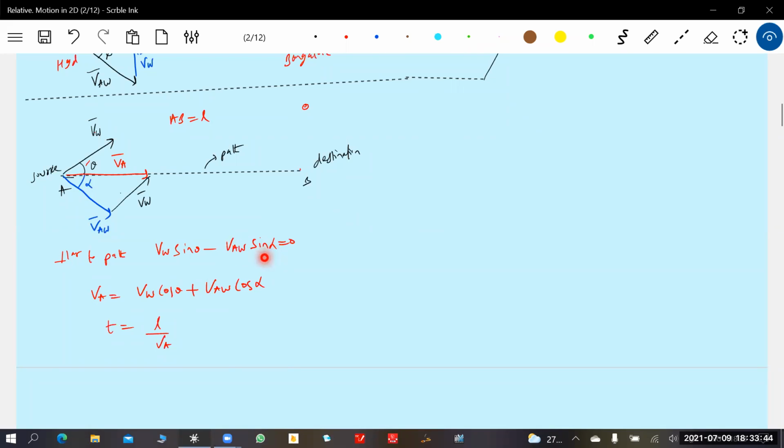This alpha is what the pilot has to decide. If he increases VAW, then this has to change, no? So VAW and alpha are not fixed. It all depends on the situation. If he changes VAW, correspondingly alpha has to change, so that the resultant path is along VA. Able to analyze? So how do we find alpha from this equation? Cos alpha is the square root of 1 minus sin square alpha. I'll substitute sin alpha here, then solve it. Let me proceed here.